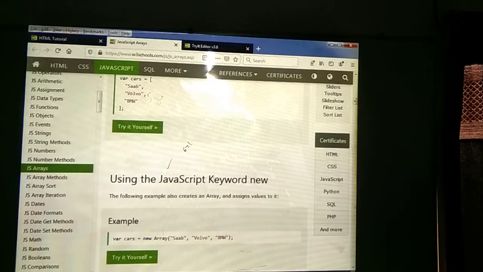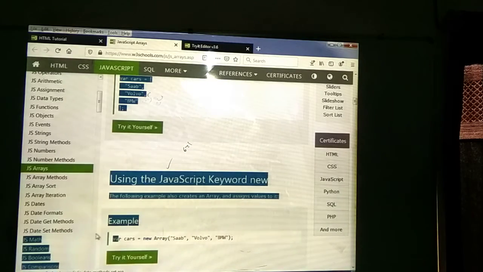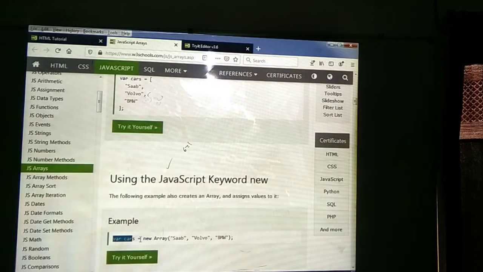Using the JavaScript keyword new. Here we are going to be using the new keyword. What is the meaning of the new keyword? By using the array object, what type of data are we going to be adding? A list of items we need to generate. For that we are going to be using the object also. Through the object based keyword also we are going to be storing the data. We have already seen how to create. Here what is the keyword? Cars is a variable. By using new Array, this is the object of the array, and we are going to be storing the data here.